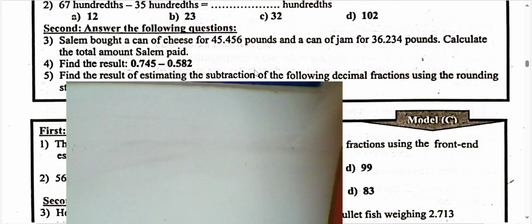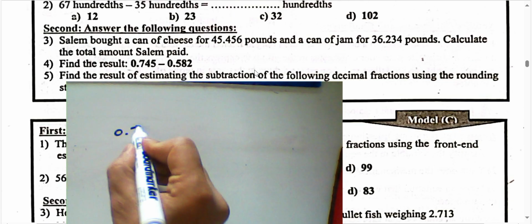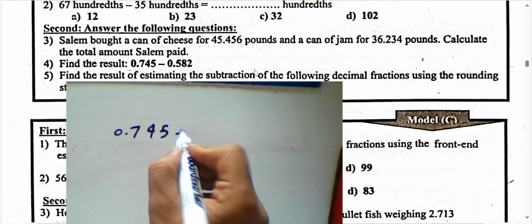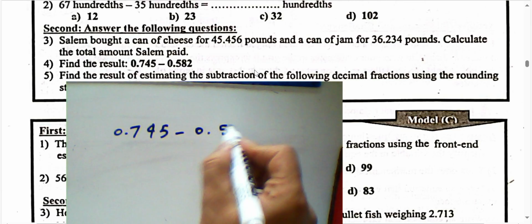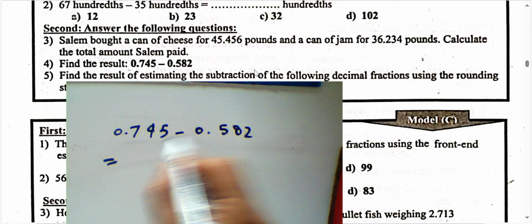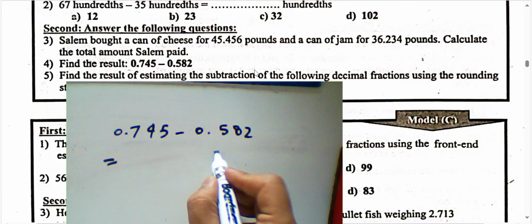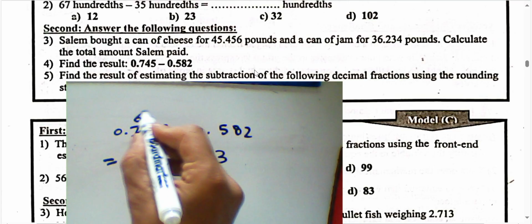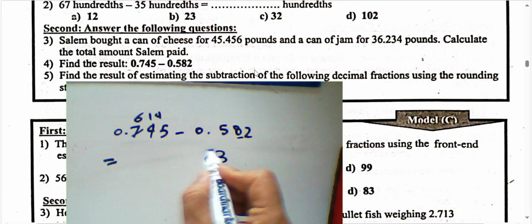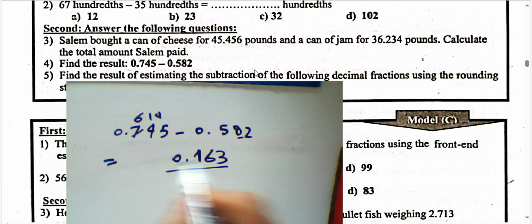Next question. Find the result: 0.745 subtracted by 0.582. 5 minus 2 equals 3. 4 minus 8, we can borrow 1. 14 minus 8 equals 6, and 6 minus 5 equals 1. The result will be